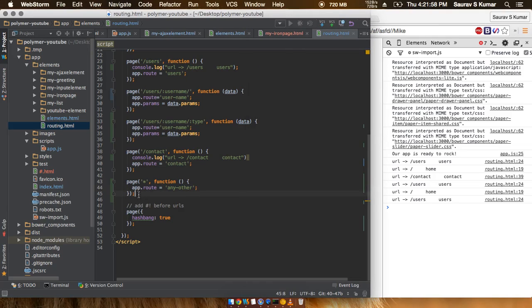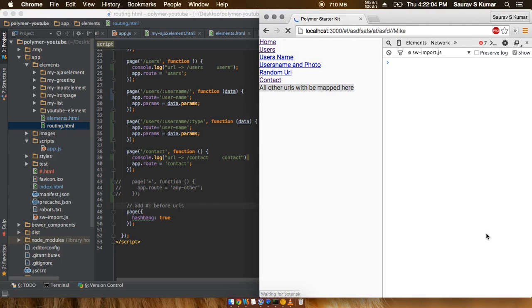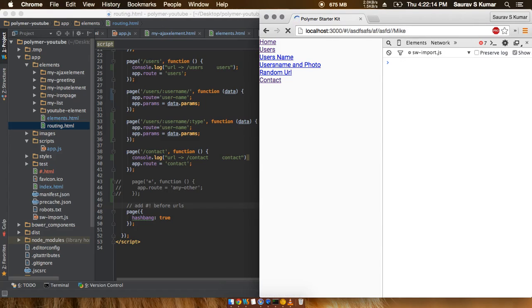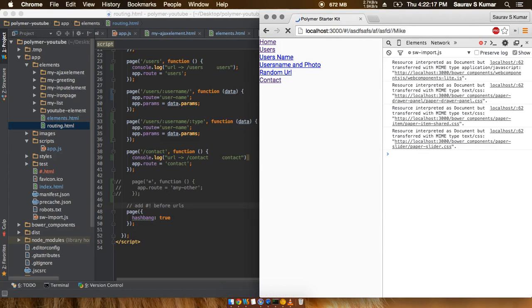I'll show you what happens in case this was not present. I'll remove this part and let the page reload. I'll wait for a second or so, and now I'll go ahead and press enter. Okay, now the page has reloaded, and we can see that no data or output is being shown on the screen even though we have typed the URL.